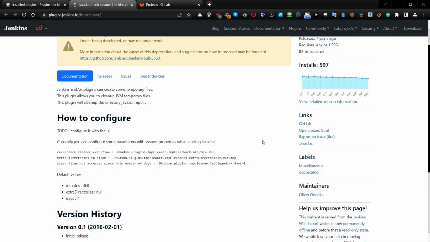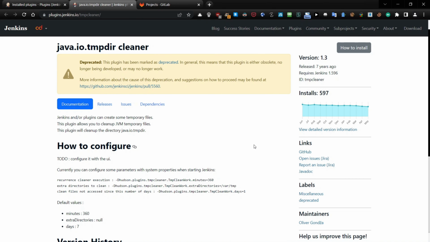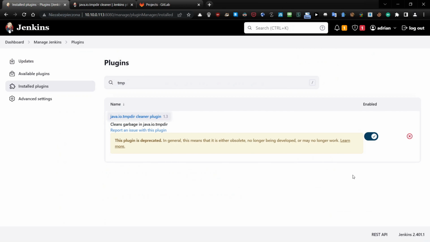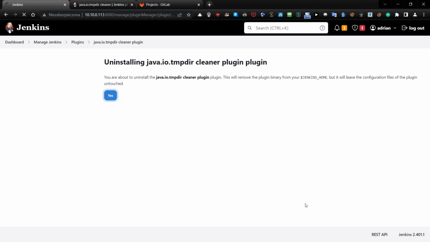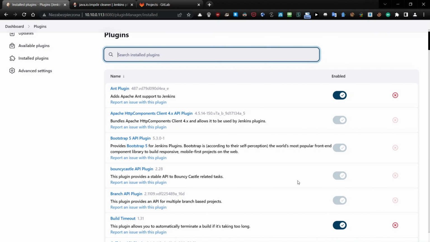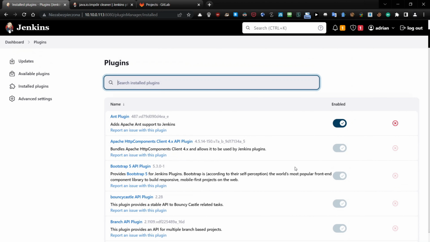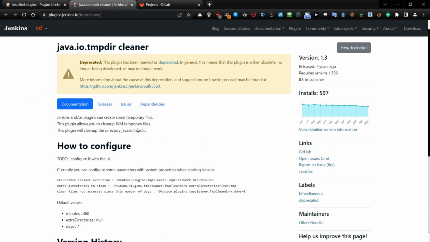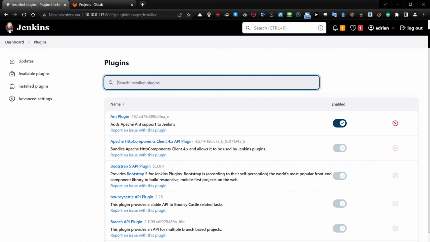And this is the way you can do that, but you can see the plugin is marked as deprecated. So actually it's not a good idea to make it work, and I will try to uninstall this plugin and we'll leave it as it is. But it explained to us that we need to do some cleanup in var tmp, so it's interesting,